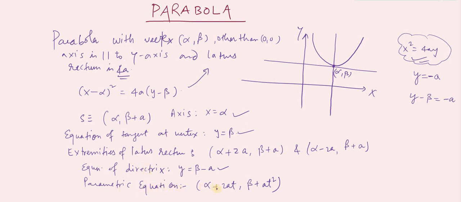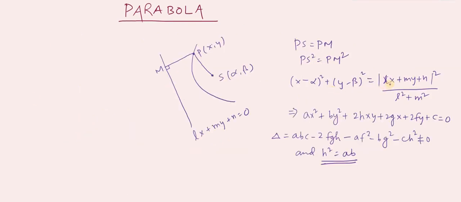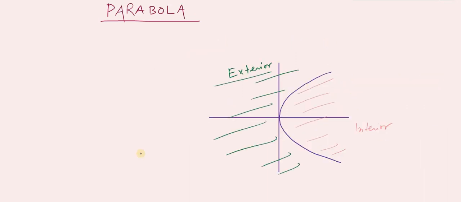Parametric equation will be alpha plus 2at, as it was x square is equal to 4ay: (2at, at square), so it will become (alpha plus 2at, beta plus at square). This is the parametric equation. Here you can notice that the expression containing x and y, lx plus my plus n, both x and y terms, is a perfect square. Now let us learn a new concept, position of a point